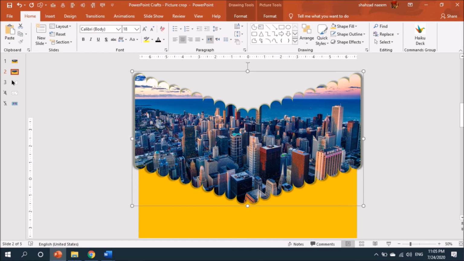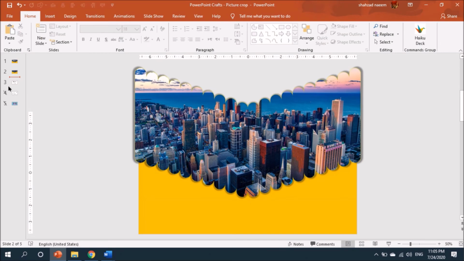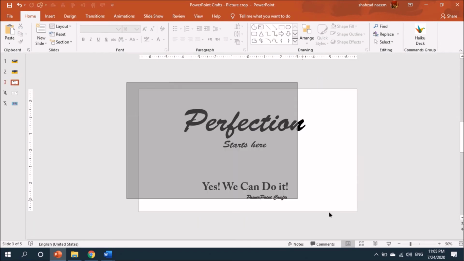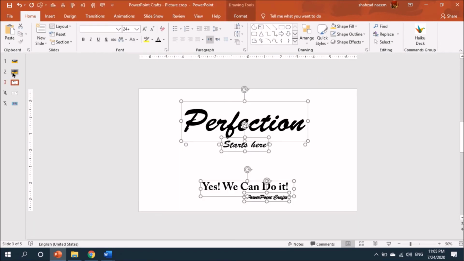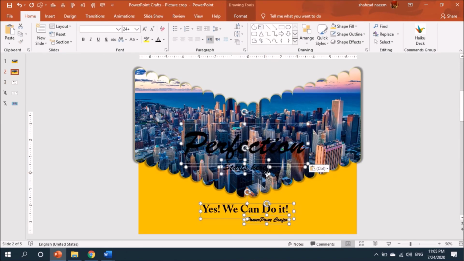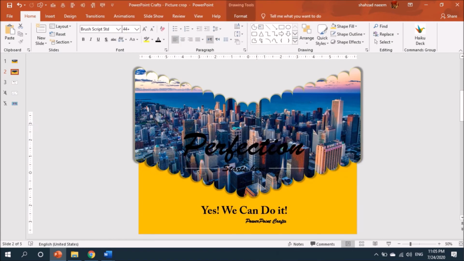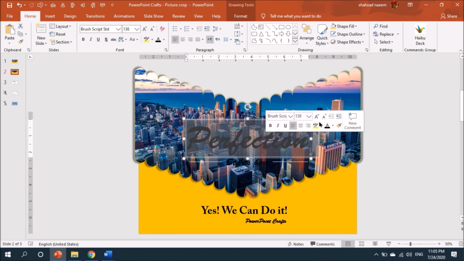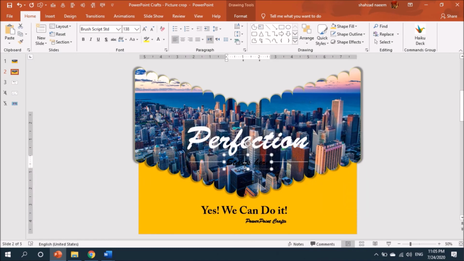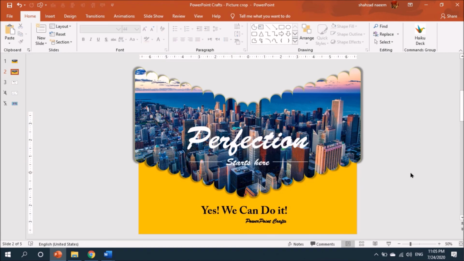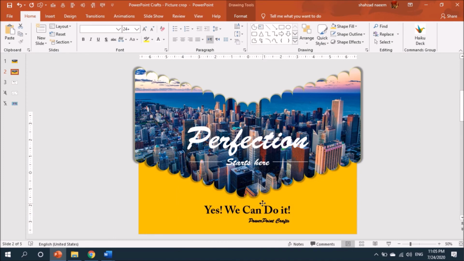Now let's fill the text here. I have some text on the next slide. Copy this all and I will paste here. So let me do a little bit of arrangement here. I'll fill white color here and also white color here. I'll try to keep it in the middle,